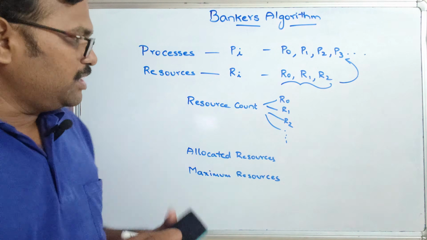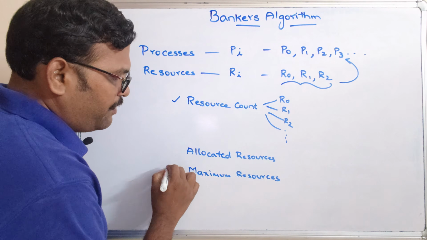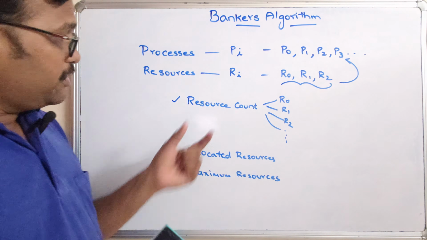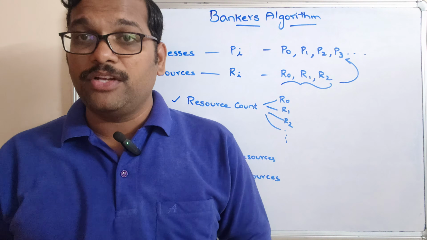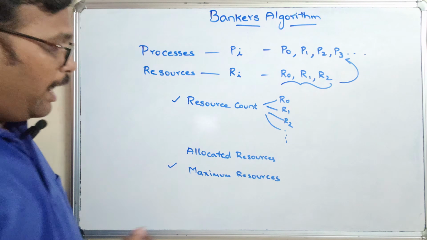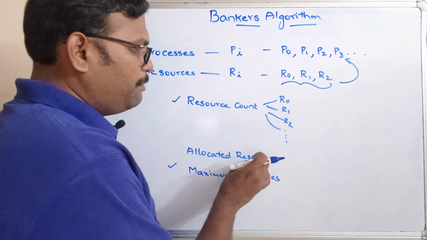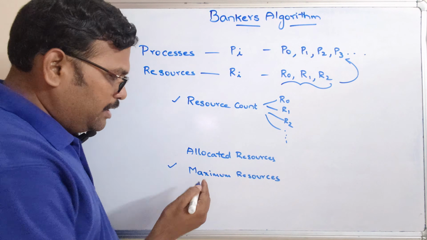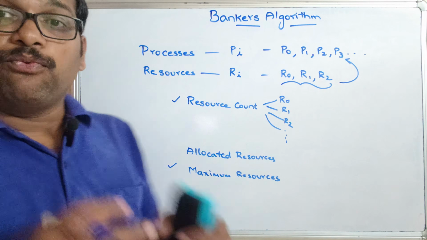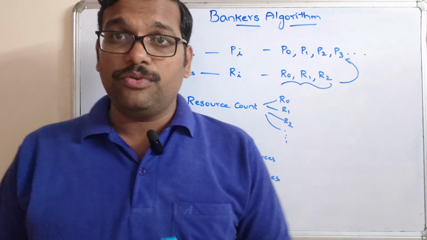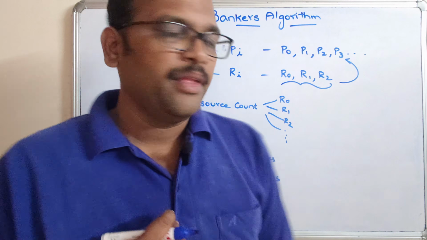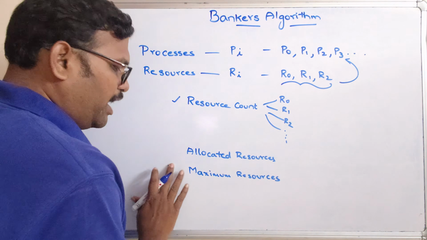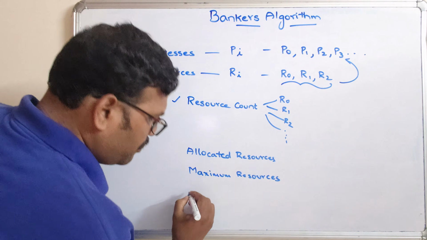Okay, so this is completely different. Resource count is different, maximum resource is different. Resource count is the number of resources that are available, and among that some of the resources will be allocated to the processes. And this maximum resource means if one process wants to complete its execution, how many resources it should require. And from this we have to find out